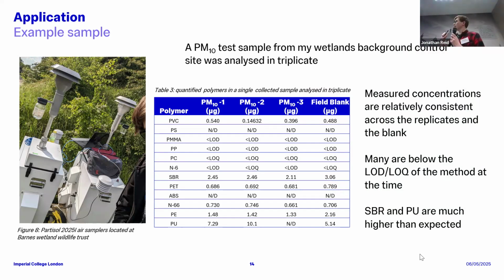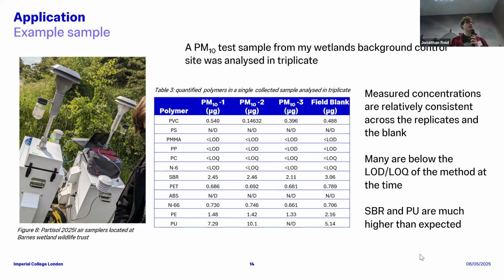And as you can see, a lot of the polymers here are below my limit of detection and my limit of quantification, but some of them are really elevated. And I think those might be due to errors in the method and errors in the mass spec identification that I've employed. But the other big thing to point out here is that the field blank is very consistent with the triplicate analysis that I've done here,